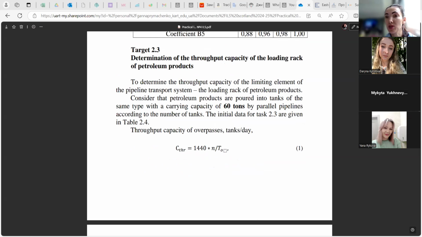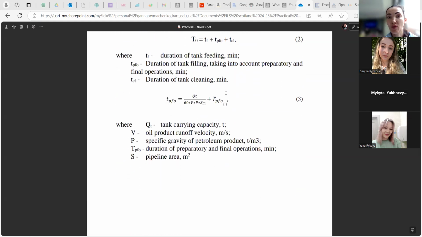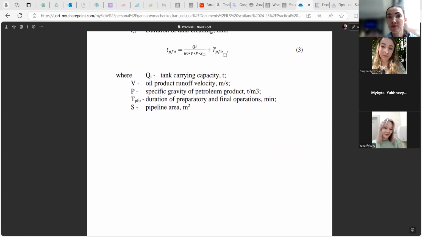So if this parameter is equal to 60 tons for every variant, please write 60 tons in the numerator. And in the denominator, we write 60. It is to convert from seconds to minutes. We need this coefficient 60